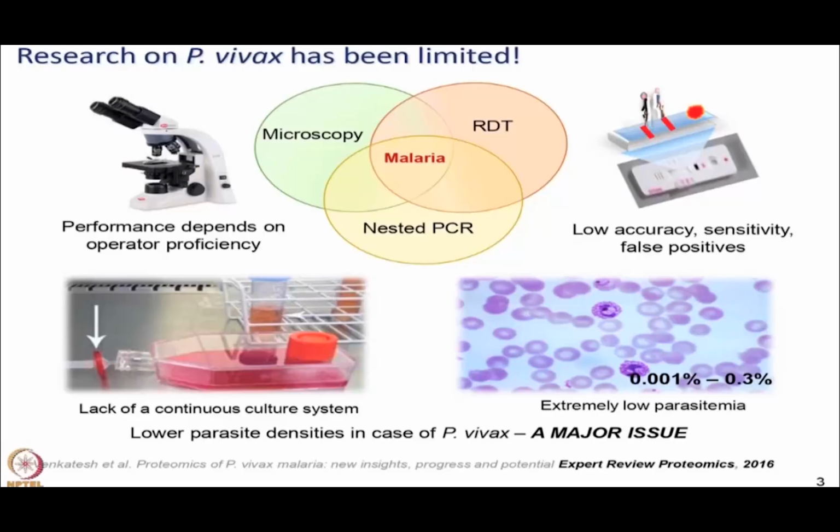Current modalities of diagnosis of malaria parasites are based on microscopy, rapid diagnostic tests, or PCR. Microscopy is the gold standard, where the pathologist looks at the parasites under the microscope, and with trained eyes who can look at the parasites well, I think that is a very accurate way of detecting the parasite. RDTs are very quick; these are based on some antigens, where you can do a strip based test quickly to tell whether a pathogen is coming from falciparum or vivax infection. The PCR can be utilized to be very accurate about which kind of pathogen is causing this